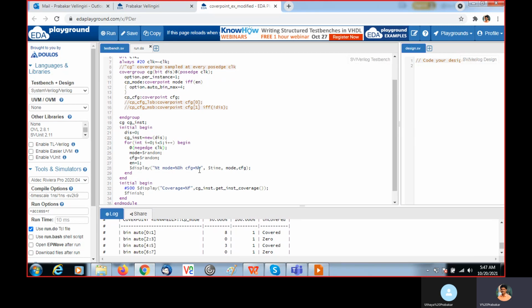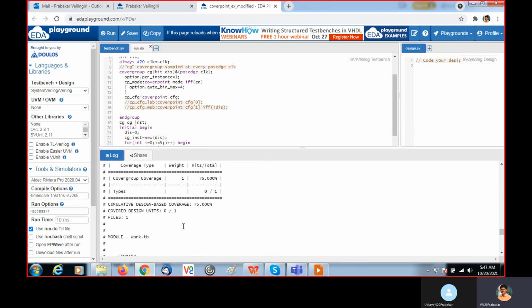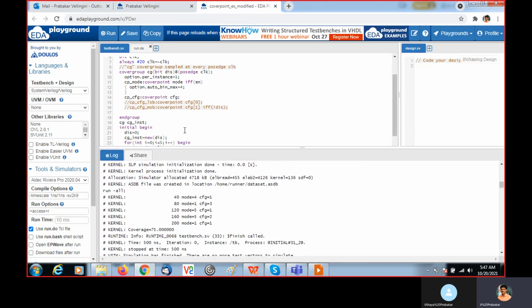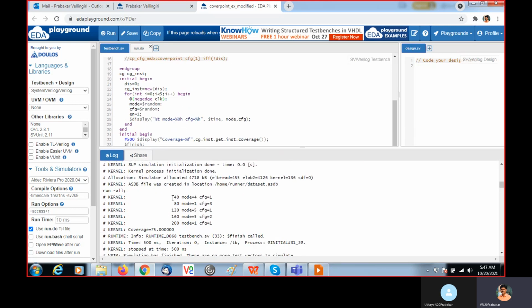Okay, now I will run this. These are the values we are getting for this display. We are running this for loop 5 times, and these are the mode and CFG values generated each time.